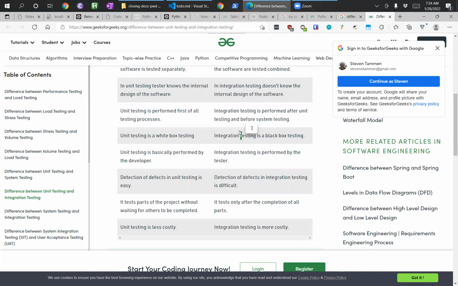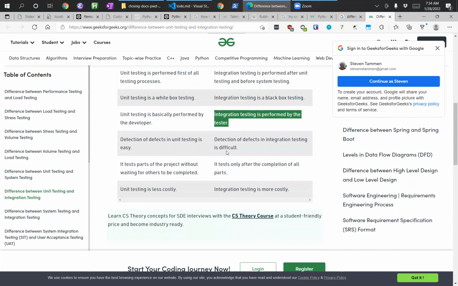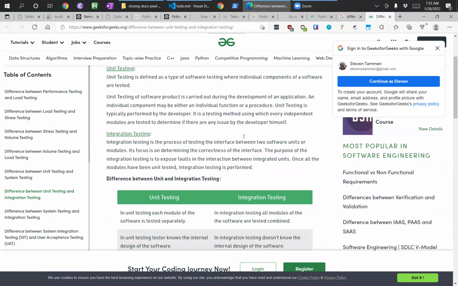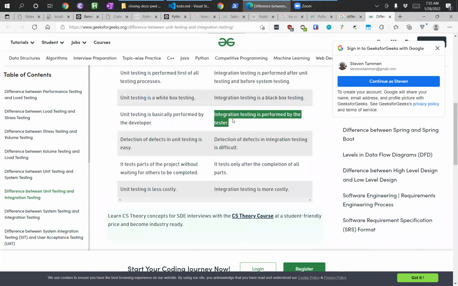I don't want to get tied down in the specific details. So, it says that integration testing is performed by the tester, so it's not the developer.